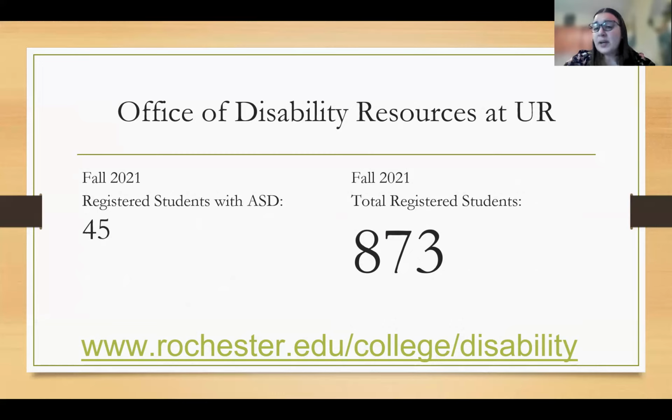So some individuals with autism are really strong in the classroom, really strong on the college campus, so they might not need accommodations, so they might not be registered with our office. And some individuals are still in the process of getting diagnosed. Like many individuals with autism, they might not have a diagnosis when they're in college, and might not learn that until later in life.